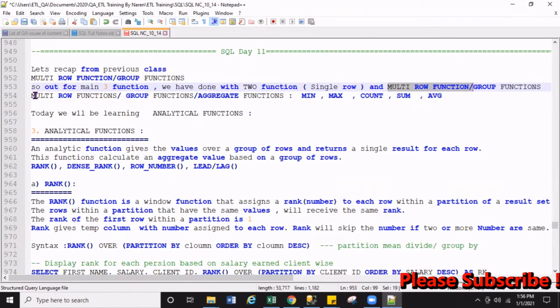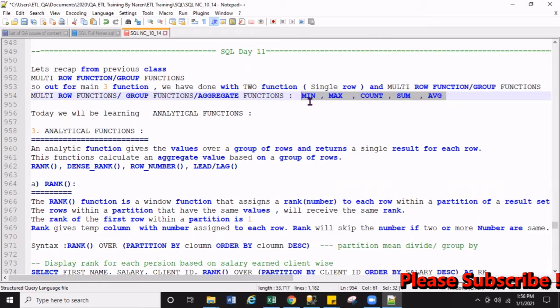Remember, there are three main functions, and out of the three we have completed two: single row functions and multi-row functions. This is very important in every project.